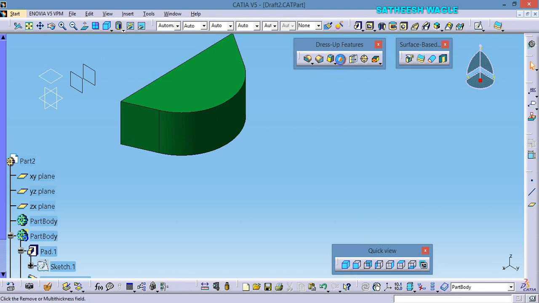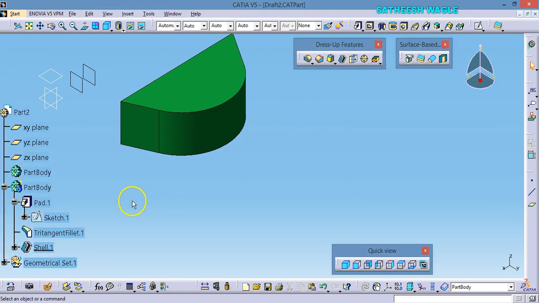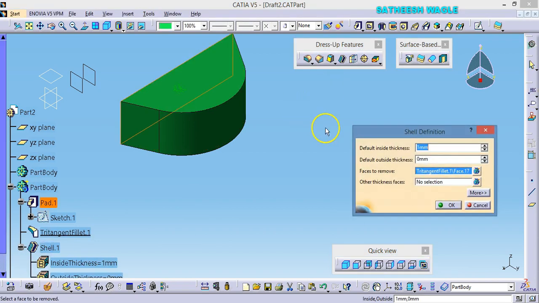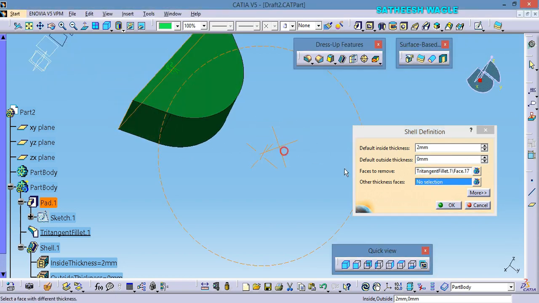Even you can increase the thickness here, where you can give the inside. This is inside thickness, this is outside thickness. And here we have some other options. So this will be used